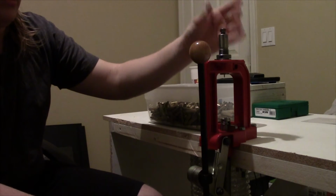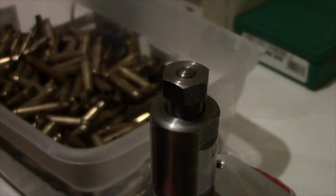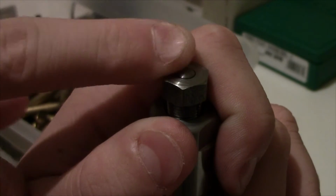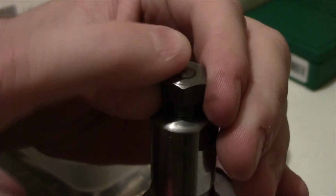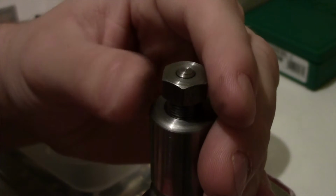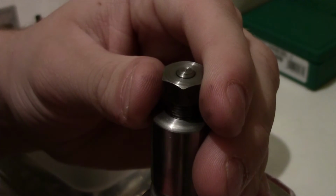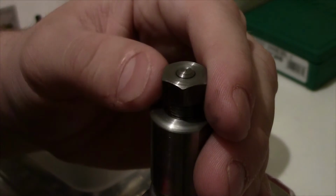threaded in. And I'm actually going to move you guys in a little bit closer so you can see what I'm talking about. So here's a closer look at the top of the depriming die, and there you can see the depriming pin poking through the top. And what this is designed to do is that you can loosen this or tighten it to adjust the resistance of this. And what it will do is if you get a case in there that's too difficult to remove the primer on, the pin will actually push up through here instead of just snapping like it would on a regular depriming die. So that's what makes this die so useful, and that's why I chose this one over all